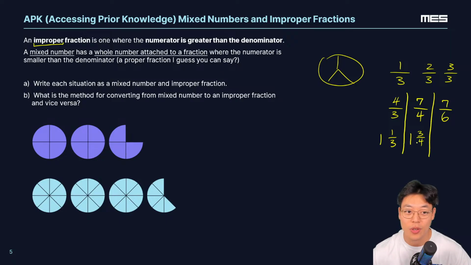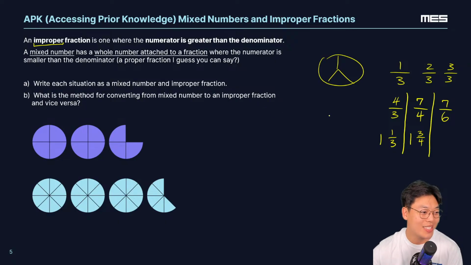3 out of 4. So again, back to our definition of a mixed number: a whole number attached to a fraction where the numerator is smaller than the denominator. Notice how the numerator 3 is smaller than the denominator of 4, so this makes it a mixed number. All right, Chloe, your example, 7 out of 6, 7/6. How would we write this one as a mixed number? Given that we have an improper fraction 7/6, we know that 6 goes into 7 fully once, and how many are left after that?